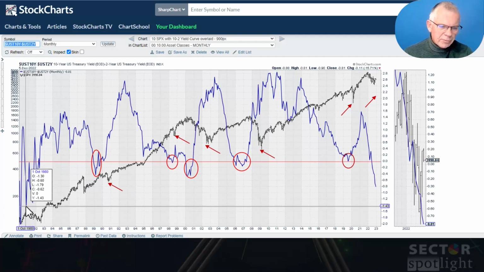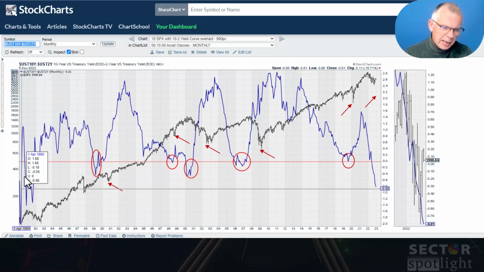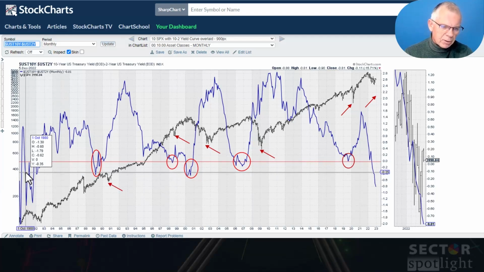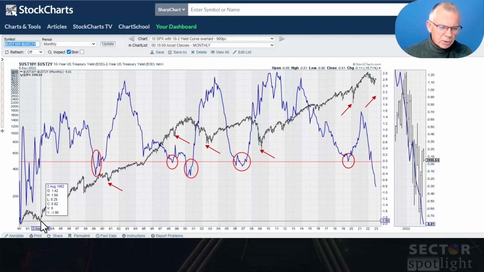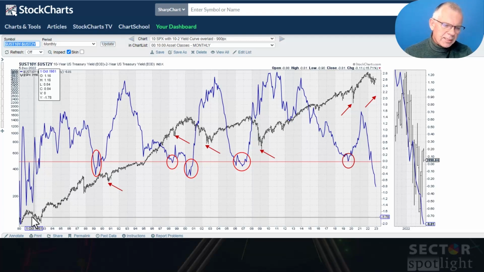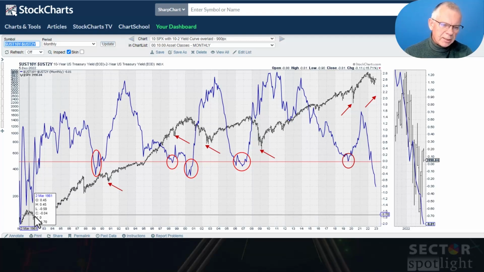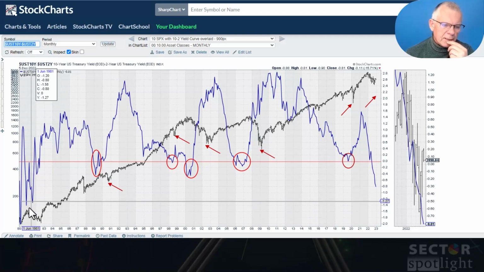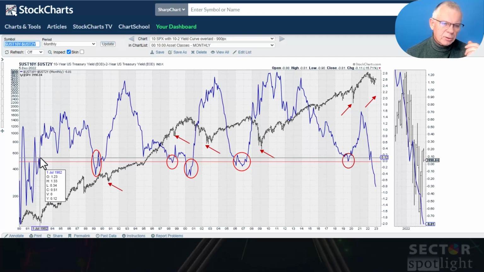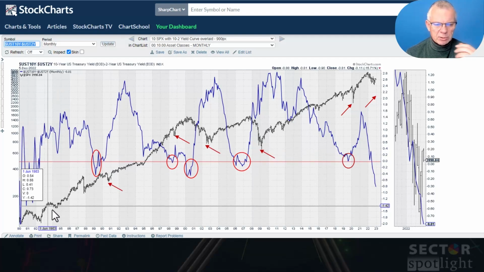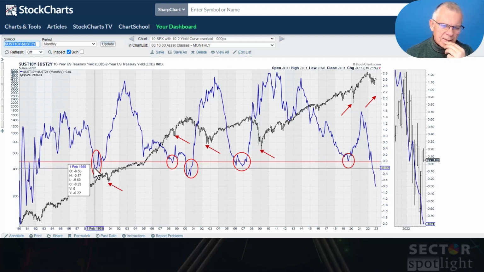This level of yield curve inversion happened, and you can see how jiggly that was in the early 80s. But we went from the start of 1980 all the way down to August 1982. That was a long decline after and during a yield curve inversion. And then when the yield curve started to flatten, the market started to rally. And then you can see kind of similar here.